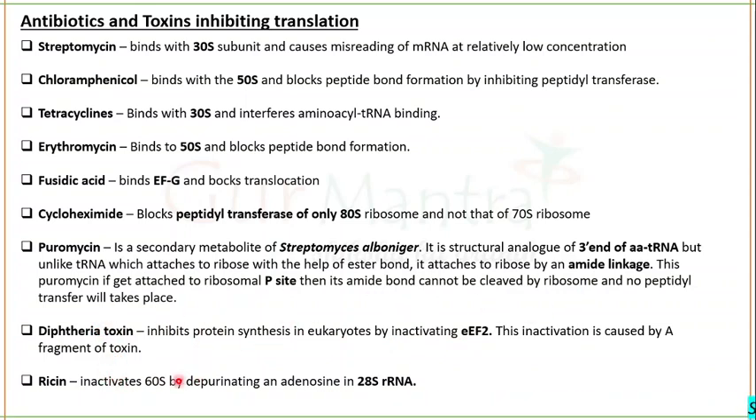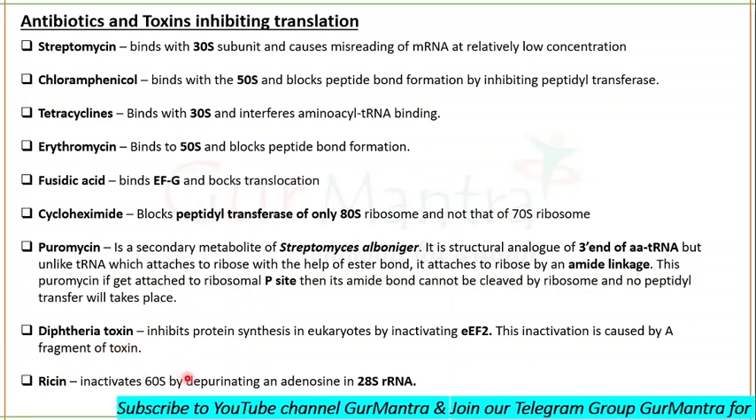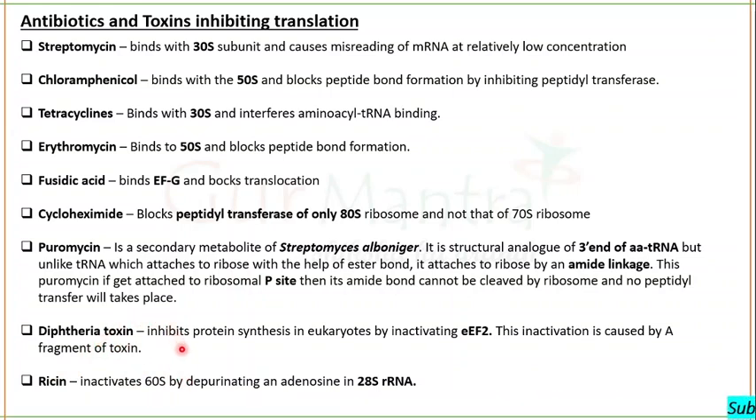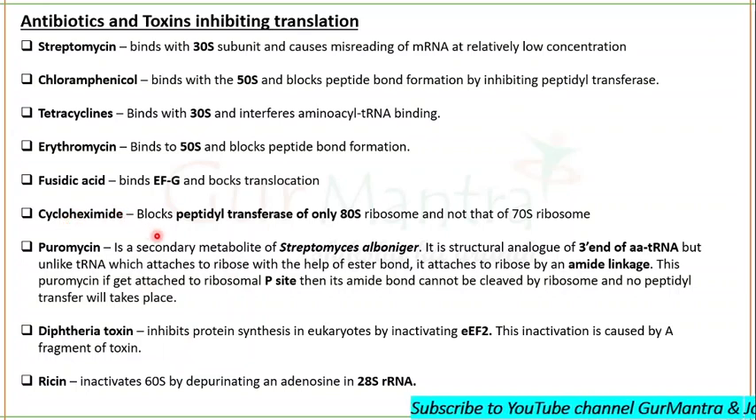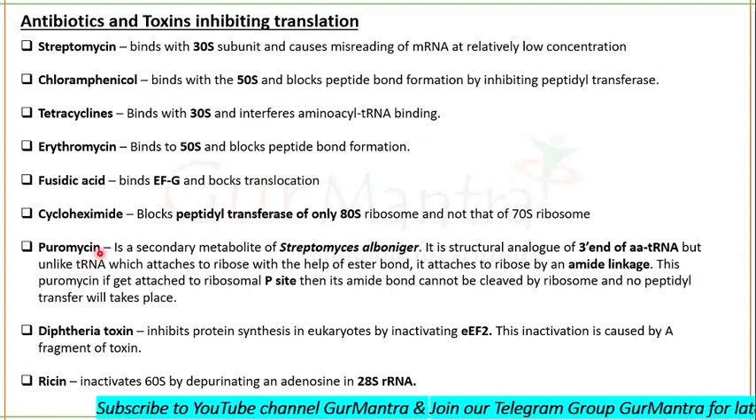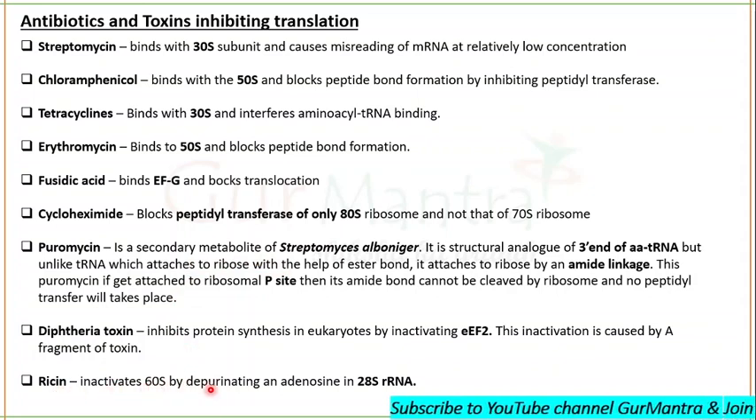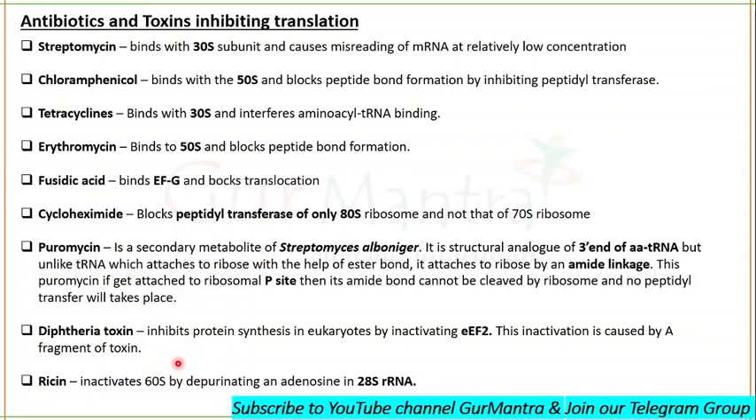Ricin inactivates the 60S ribosomes. It means ricin is going to inhibit translation in eukaryotes. Diphtheria toxin will be inhibiting translation in eukaryotes. Cycloheximide will be inhibiting translation in eukaryotes, and puromycin can inhibit in both eukaryotes as well as prokaryotes. Okay, so ricin inactivates the 60S subunit of the ribosome by